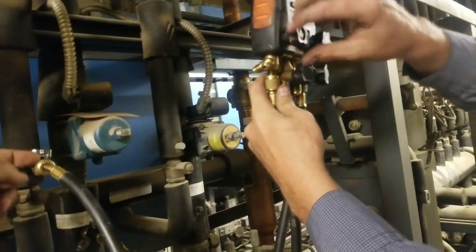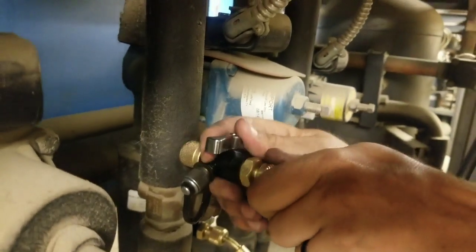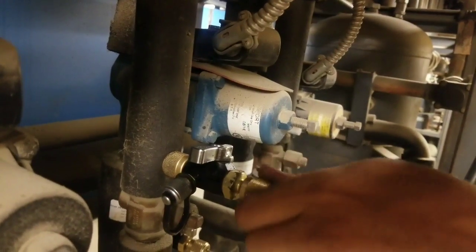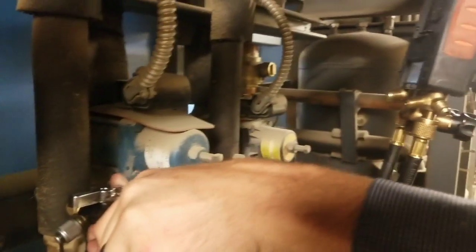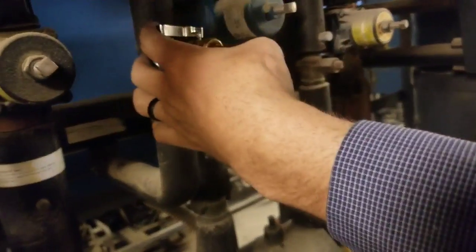and then you're going to purge out your hose on the liquid side to get all the non-condensables out, get all the air out. There you go. Close it up. So now we know for sure there's no more air in here. So now we have this closed still. So what we're going to do is we're going to open this up, and we're going to go ahead and